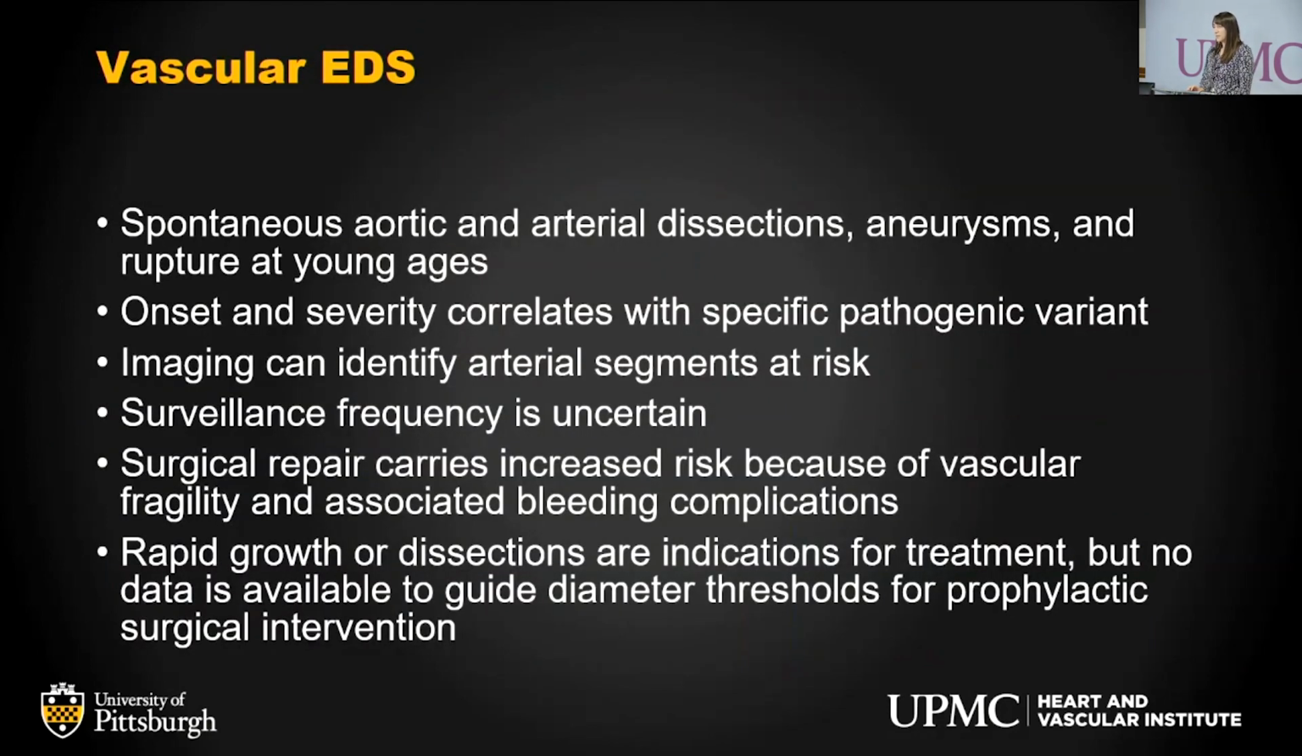Vascular Ehlers-Danlos, we've more recently discussed EDS, but vascular is a very aggressive form of vasculopathy. It leads to spontaneous aortic and arterial dissections, aneurysms, and rupture at young ages. The onset and severity will correlate with their specific pathogenic variant, and imaging, like in other diseases, can identify the segments at risk. However, because this is rare, the surveillance frequency is still uncertain, as in how often we should screen them,